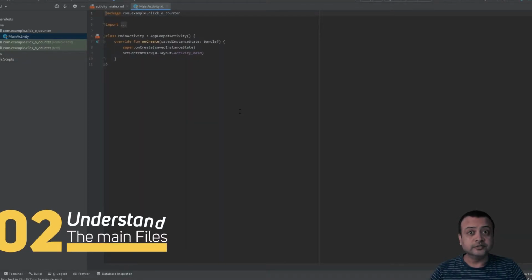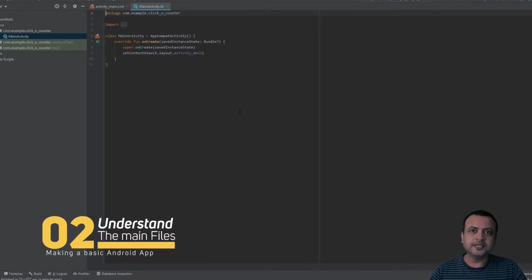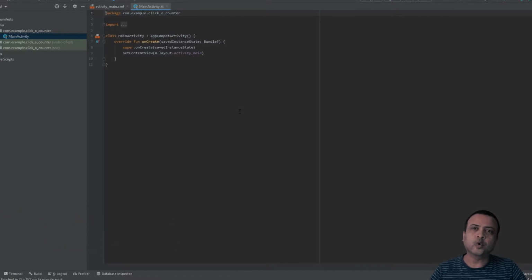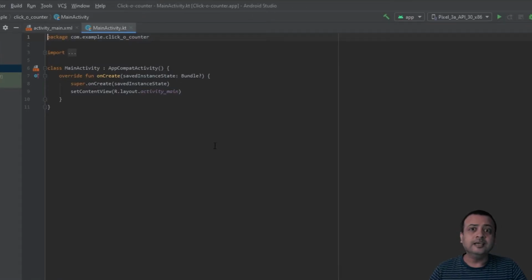Now that our project is ready to work with, let me explain the purpose of the two files that are open in Android Studio right now. The first file is mainActivity.kt. MainActivity.kt is the file in which all the logical operations of your application will reside. For example, if there is something that you have to do within your application, all that code will go in mainActivity.kt. The second file is